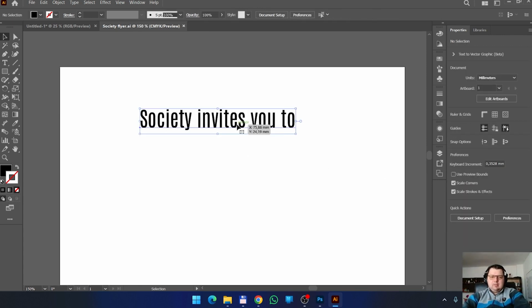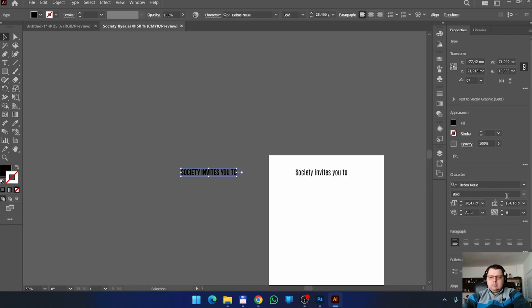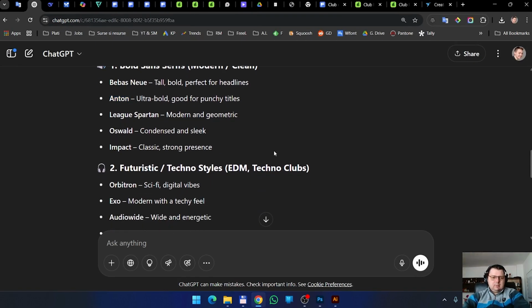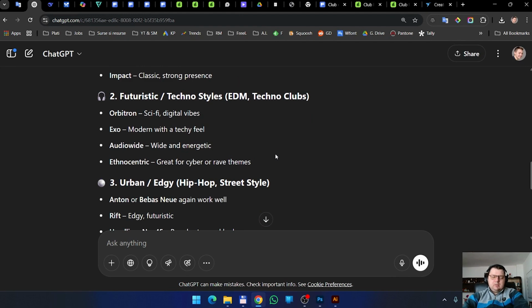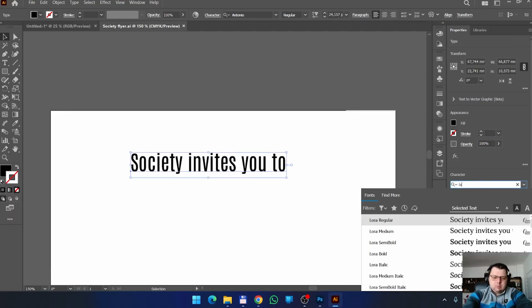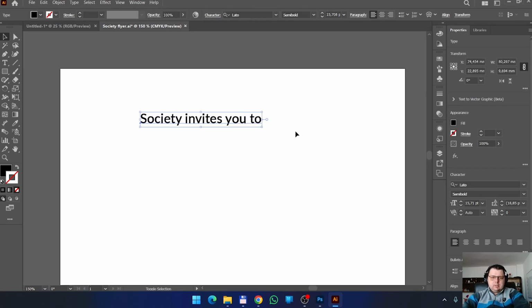Now I want a font that is not all caps like Bebas Neue is. Let me see what other typefaces ChatGPT recommended. Let me try Lato. Okay, I like Lato. So this should be smaller.